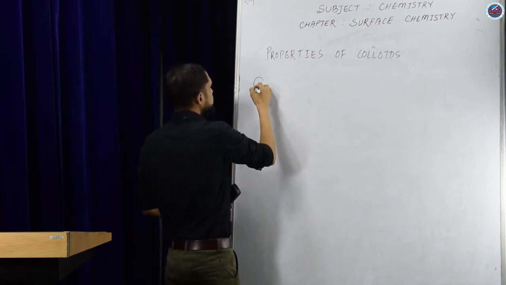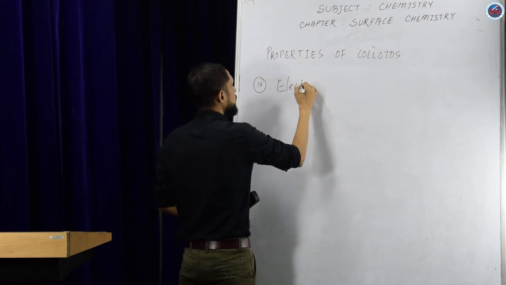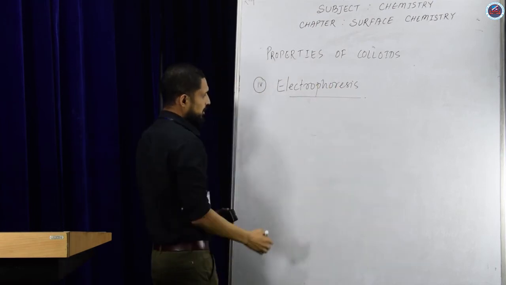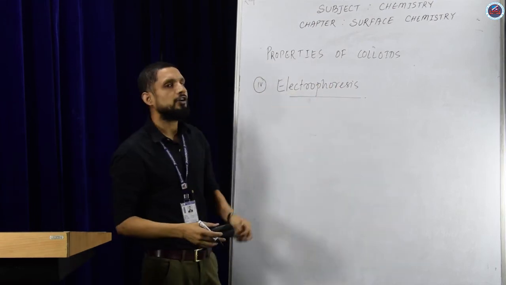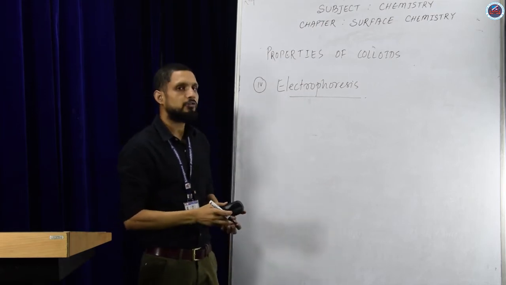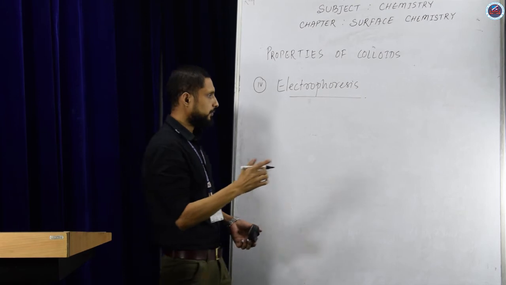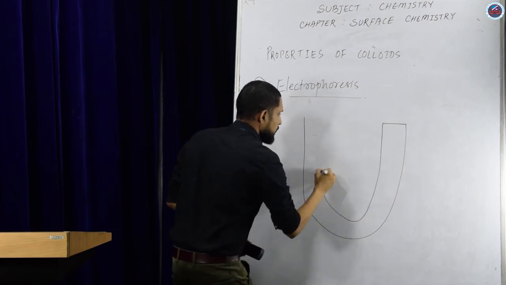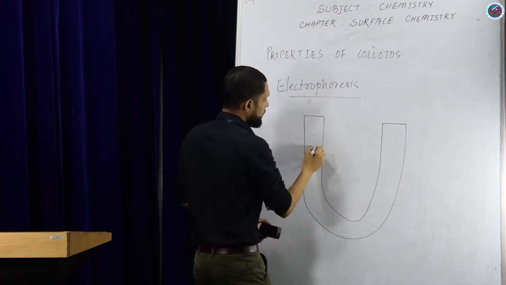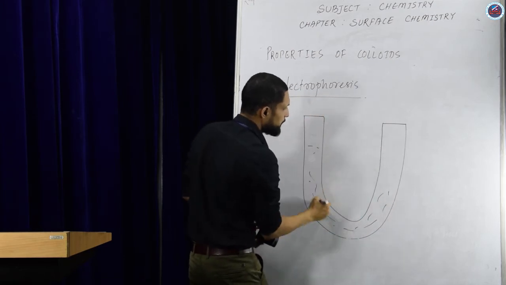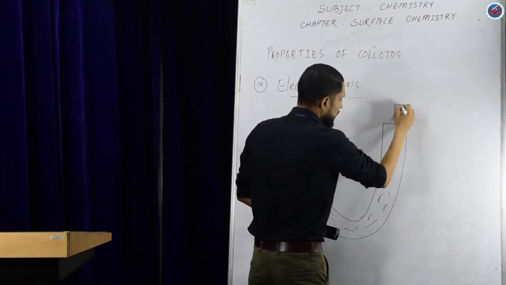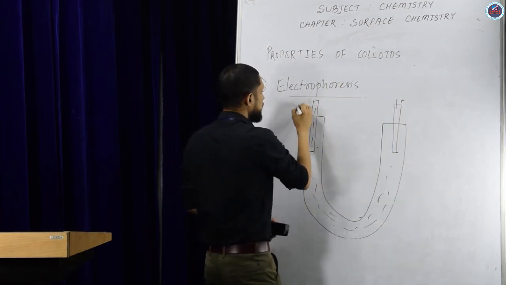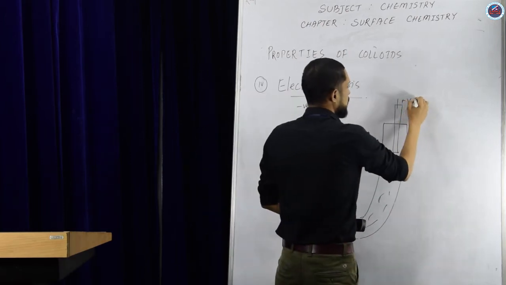Next property is electrophoresis. So this electrophoresis property of colloid proves that the colloid is a charged particle. So this is a U-shaped tube. We have the colloidal solution here. Let us take a platinum electrode here, which is positively charged, and a platinum electrode here, which is negatively charged. So this is anode,